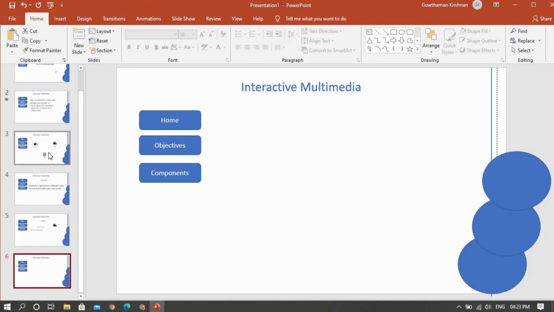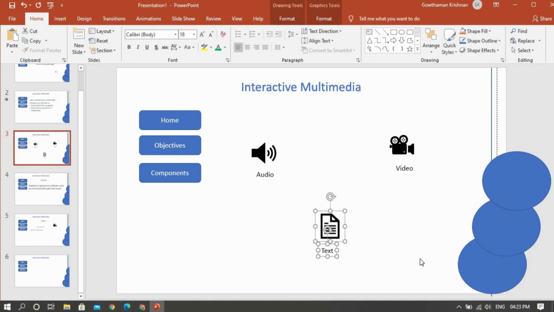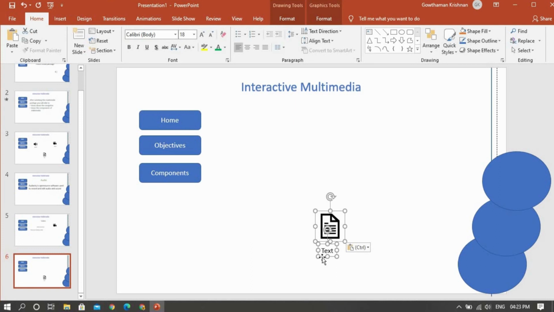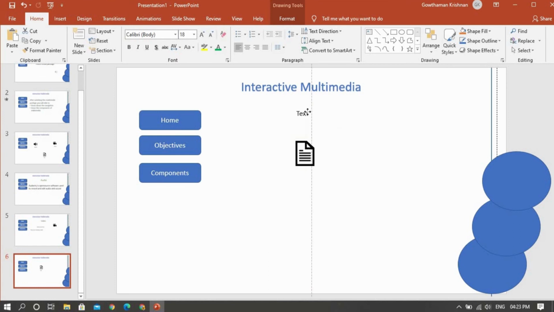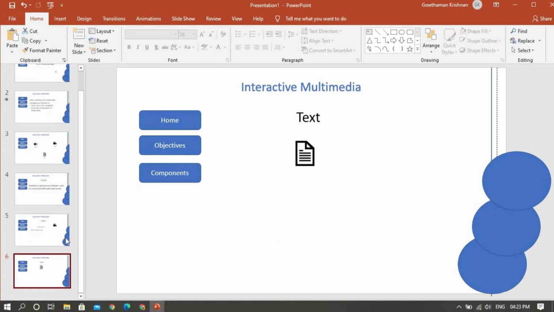Similarly, you can place hypertext also. Now I am going to give links to all the slides. That is important, which we have learned for navigation, which we have discussed: how to give the link to a particular component.